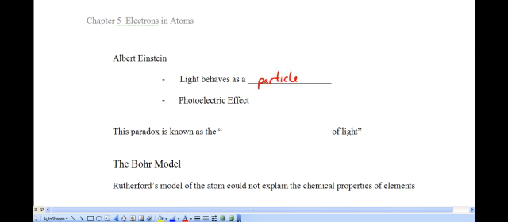He called these particles photons. And because light can behave as a particle, this model gives rise to what's called the photoelectric effect. The photoelectric effect simply has light energy